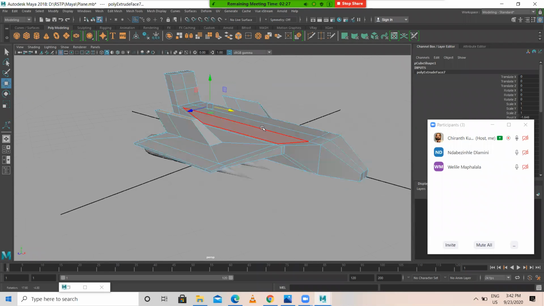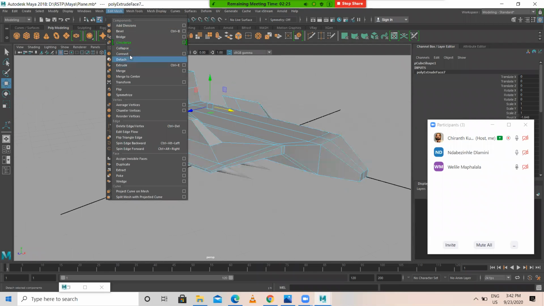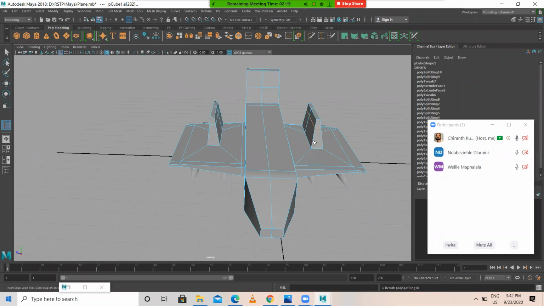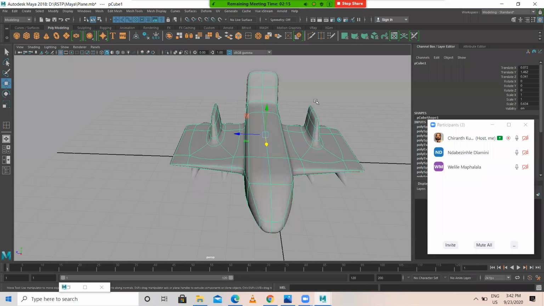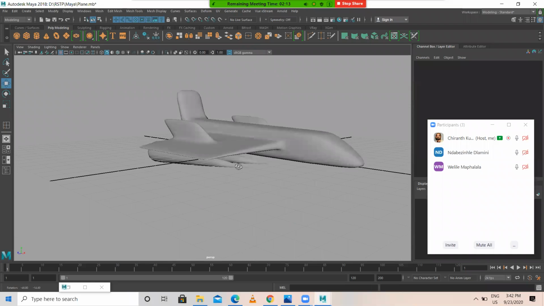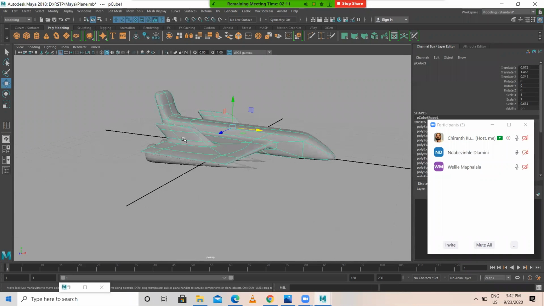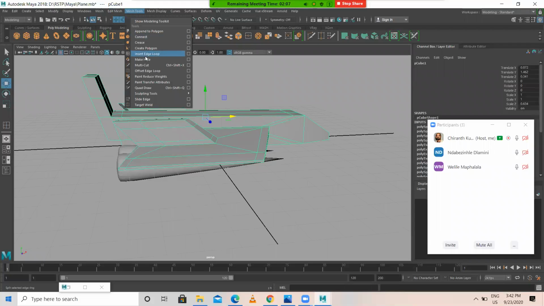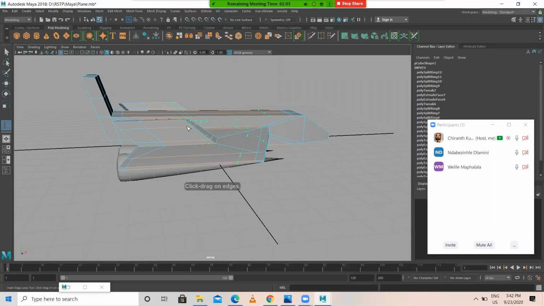I'll add a few more edge loops. Here one, here one, here one, here one. Edge loops you need to add here.